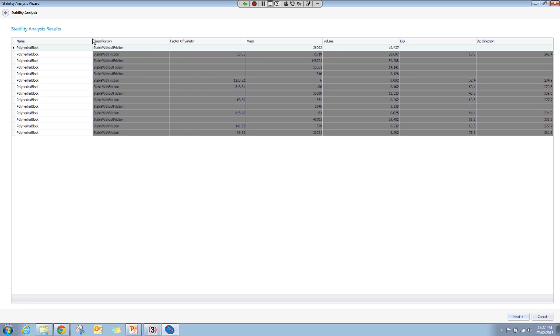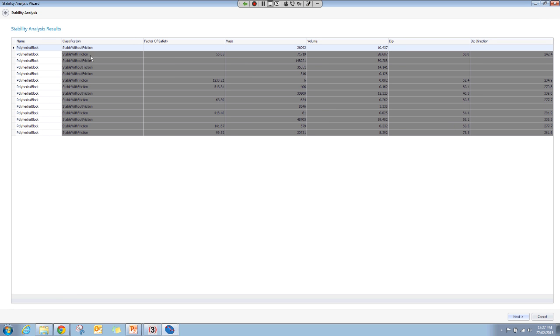the information that you get for each block is the classification, and this again is based against the factor of safety cutoff which we've set, which is usually in a mine about 1.1, 1.2, something like that. The blocks are mapped with classifications again. Stable, which is red, type 1. Stable with friction, which is type 2 and colored amber, and the third is stable without friction, which we mark them as green blocks. So we can very quickly see the dangerous blocks and the amber blocks and the safe